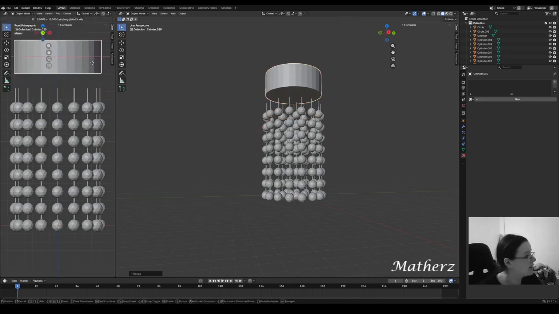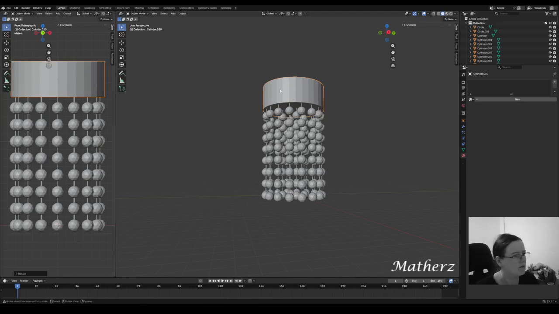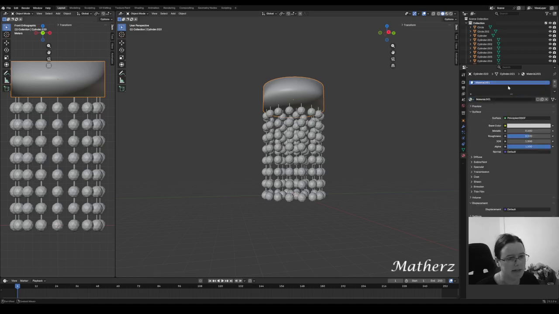Make sure that these sit and fit inside of your little cylinder right here. You can go S for scale and bring this outwards a little bit. Right click, shade smooth. We'll do this as a gold. So let's go with material and we will go with gold. Let's go with orange, kind of like a yellowy orange